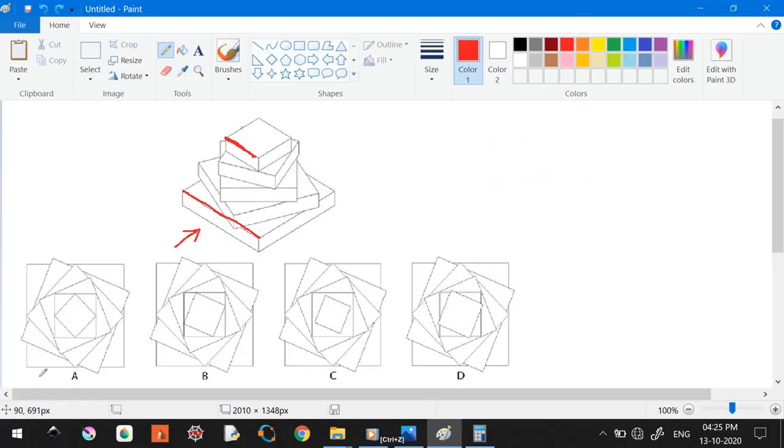So let's check in the options. So the bottom one, let me do one thing. I will take this as green and this as red. So this is going to be the greens for options, all right, and red is going to be the fifth one. This is okay, it's also okay, this is also okay, this is also okay. Okay, so all are okay. And let's see what is happening here. What else can we do?